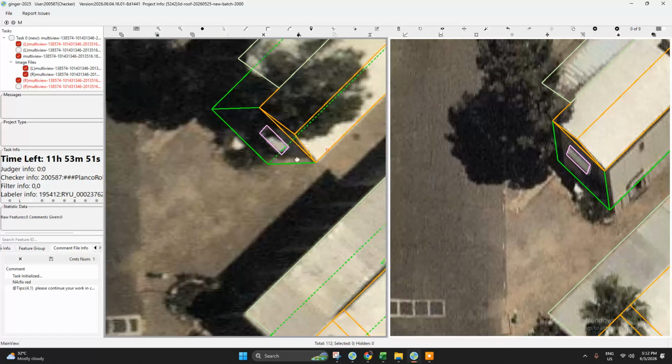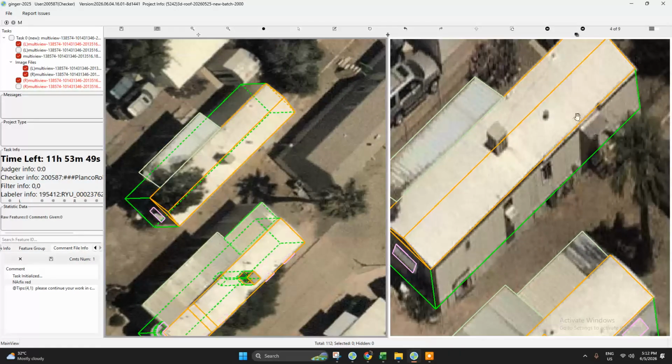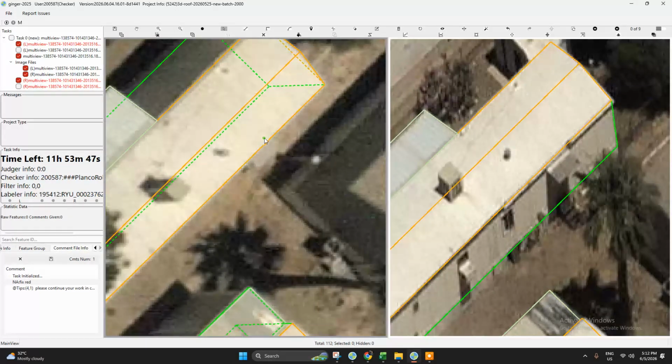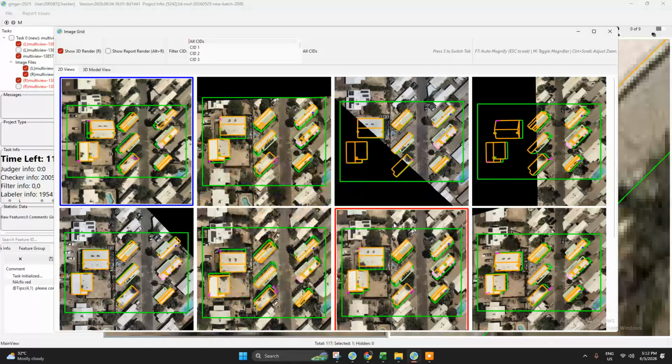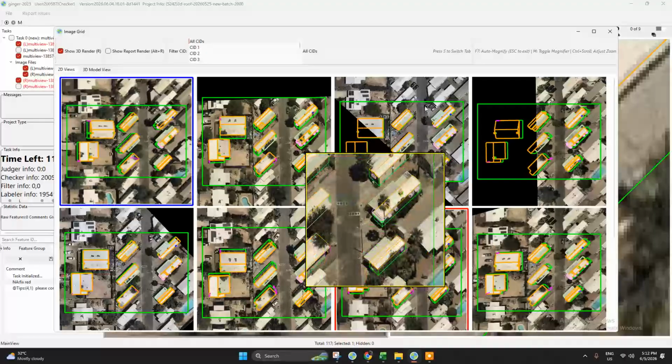Next is this one. It is an attachment also, so you always need to put an assist line, guys. Take note of that. Let's check other views. We don't have a good view here. Let's try this one.